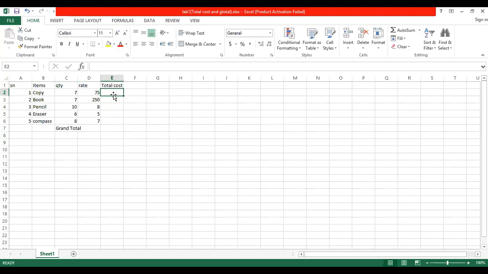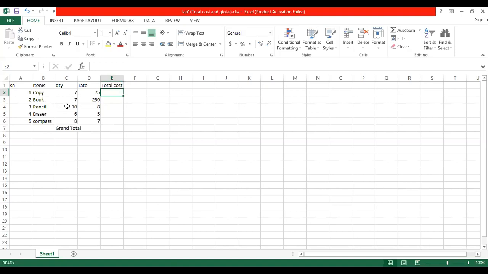We are going to start here with how to calculate the total cost. If you buy 7 copies at the rate of 75, how much do you have to pay? Like that, if you buy 7 books at the rate of 250, how much do you have to pay?